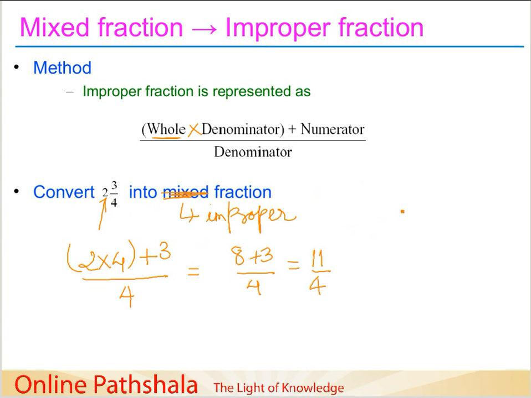We can take another example. For example, you have 3 4 by 5. How are you going to convert this? It's pretty much straightforward. 3 multiplied by 5, the denominator, add it with the numerator and keep the denominator as it is. So 15 plus 4 is 19 by 5. So this is another example of a